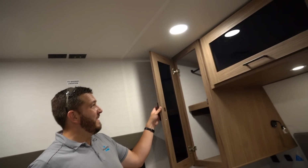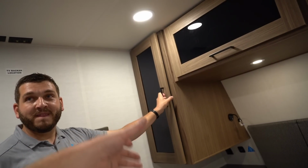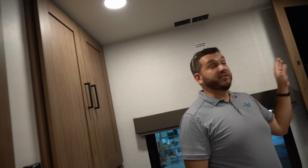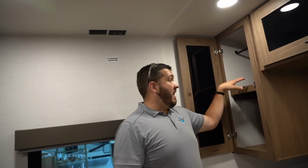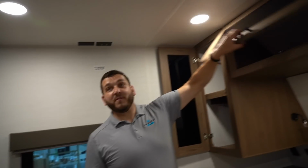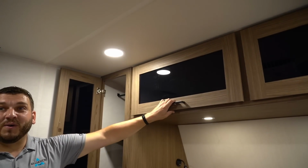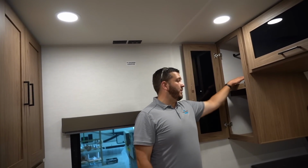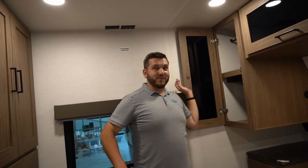I have to say, a lot of travel trailers that I've toured have only had something like that and have not had that. Traditionally, they'll have a shelf that cannot be removed, no hanging, or they'll just have hanging. So then the only space you can put folding is up here. Right, and that's a ton of space up there. So now not only do we give you a space to fold clothes and hang clothes,